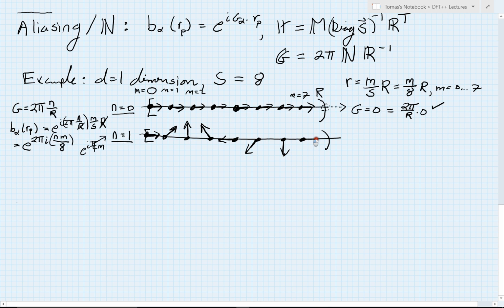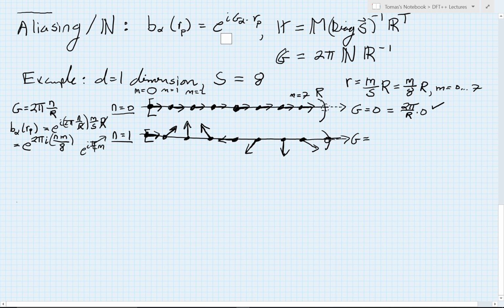And what's very nice is by the time I get to the final image point, whoop, I didn't draw that one right, I anticipated. By the time I get to my final image point, I have indeed rotated exactly back to what I would expect for perfect periodic boundary conditions. Very nice. Now, in terms of the reciprocal lattice vector associated with this, or the wave vector, I should say,